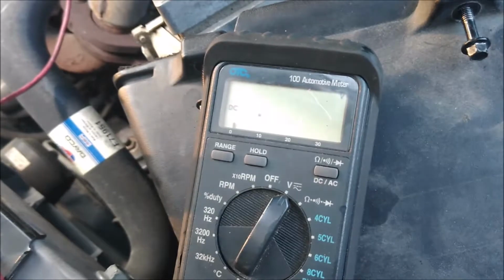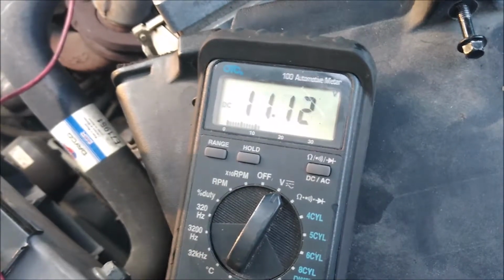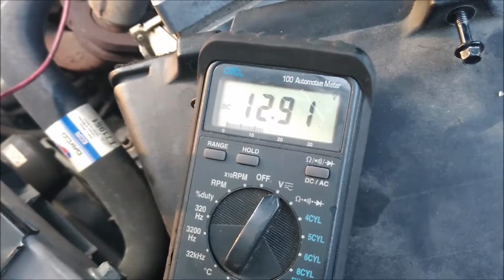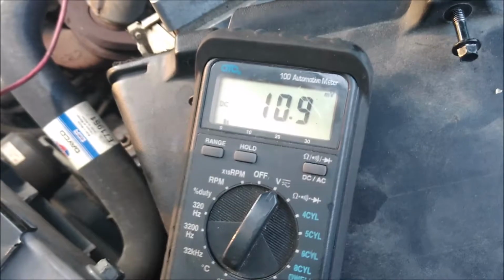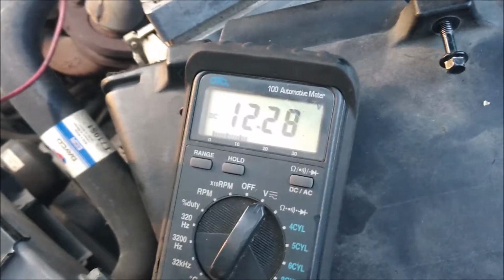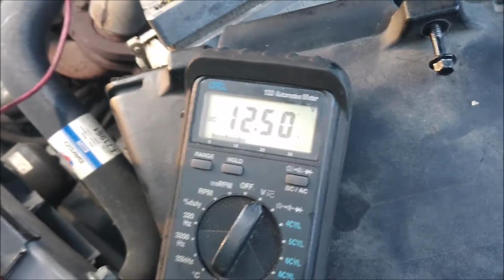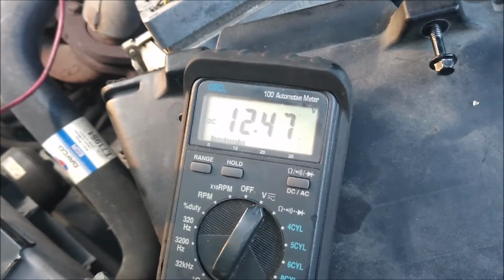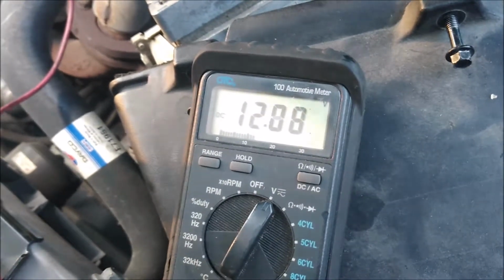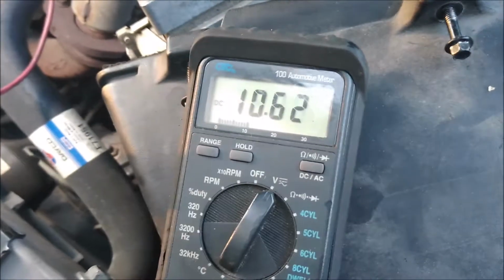Shut it down. It's very intermittent when it does it. Shut it down. One more time. All right, shut it down. So when it does it, it's very intermittent. I'm going to let it sit a little while, and then we'll come back out and check it again. It seems like when it sits for a while is when it really starts screwing up. But I think we're pretty confident now that it's the ignition switch. You can see we had 3 volts, now we have...